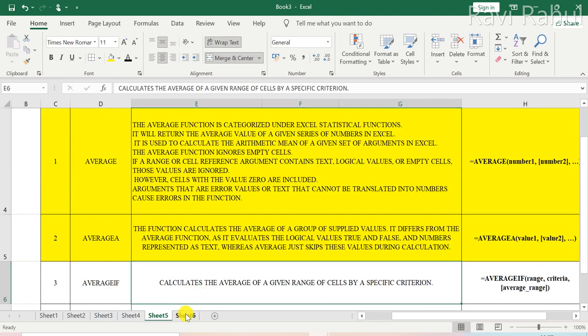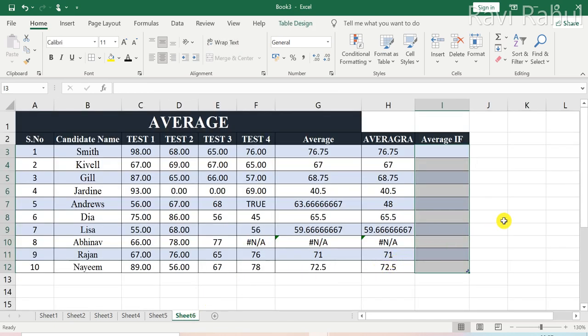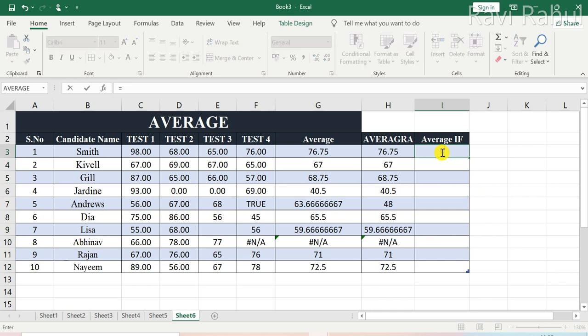That means it will only give you the average of the ranges you selected if it satisfies the criteria that you have put in. For example, I want to get the average of Smith in all these four exams, that is test 1, test 2, test 3 and test 4, only if the number is greater than 60.